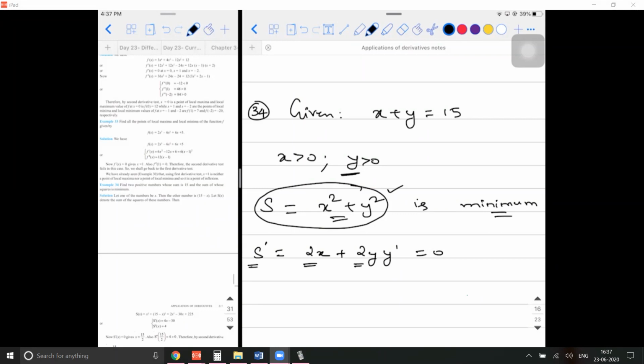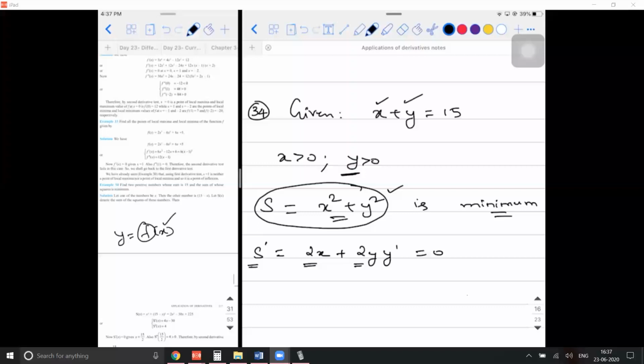You don't look at the solution, you people think about it. So can I take y in terms of x? Why do we need to do that? So it will be easy for calculation, for everything will be in terms of x. That is for differentiation, it is not for calculations. That is the procedure you're supposed to follow, because what does the definition say? If you're able to define a function which is a function of only one variable. Here, how many variables do you have? You have two variables.